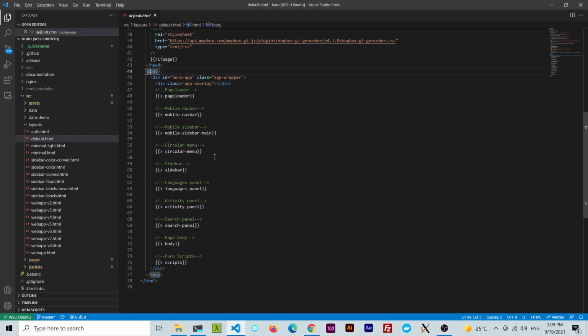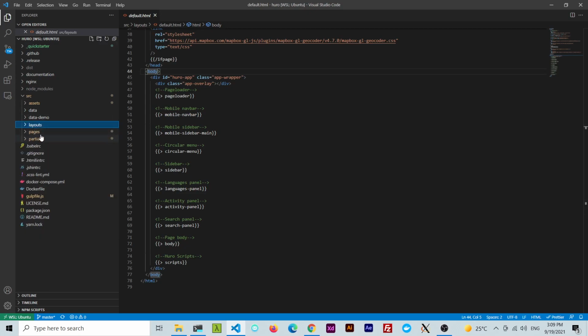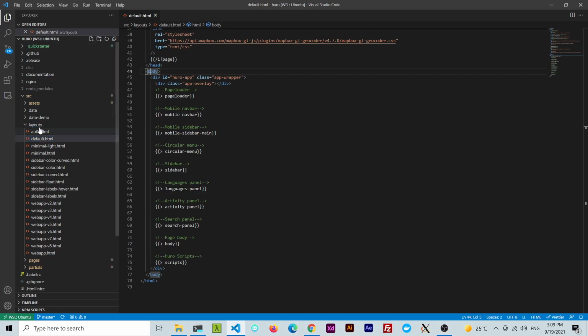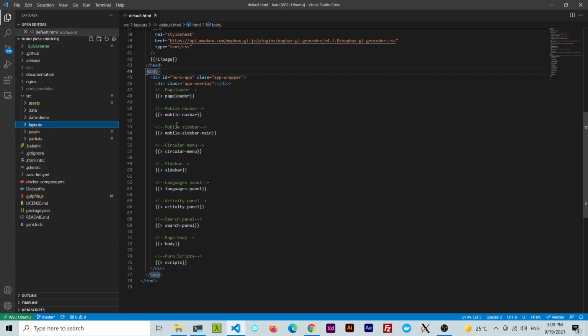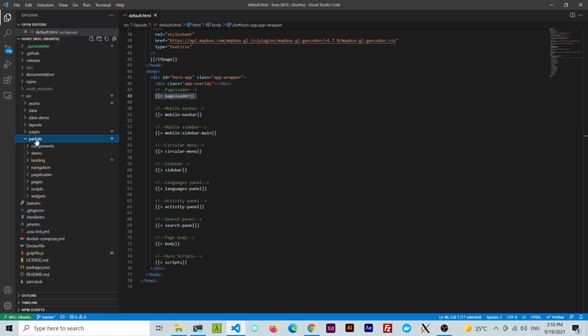That leads us to speak about partials. So partials are chunks of HTML, and it's just reusable code. So it's easy to understand. I'm gonna just open that file for a quick example. So for example, here we're calling the page loader partial. That means that you have to look in the partials folder, locate the page loader, which is here, and it calls this file. So it's the same name